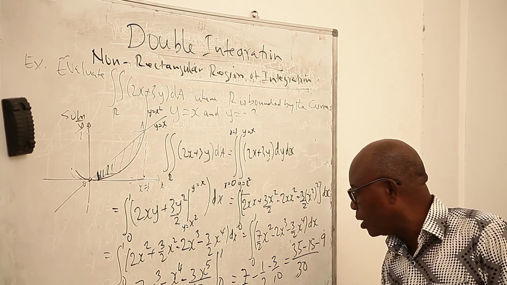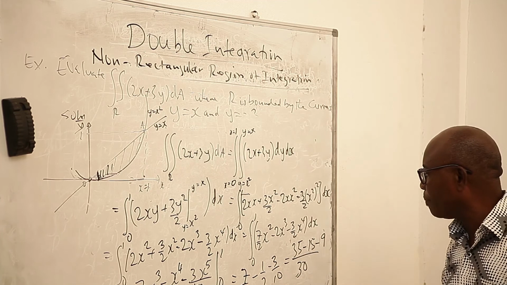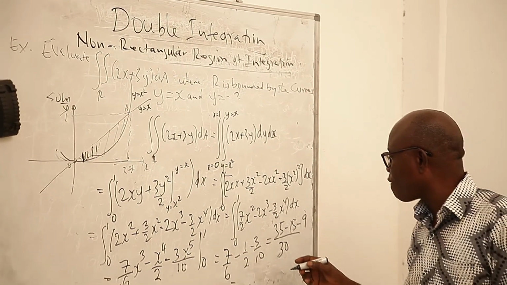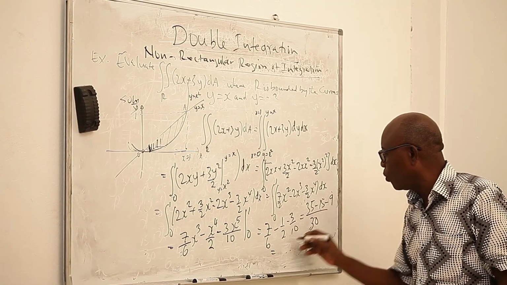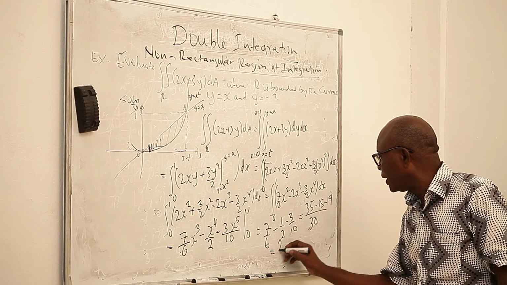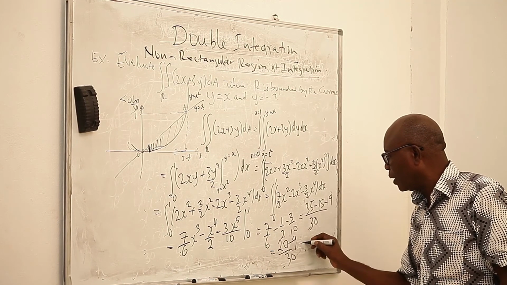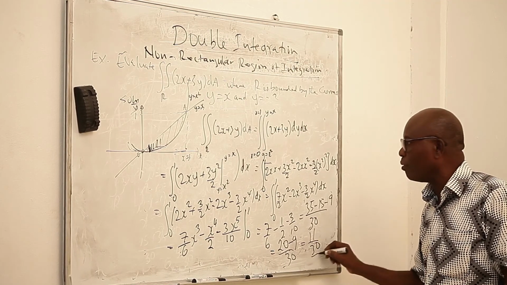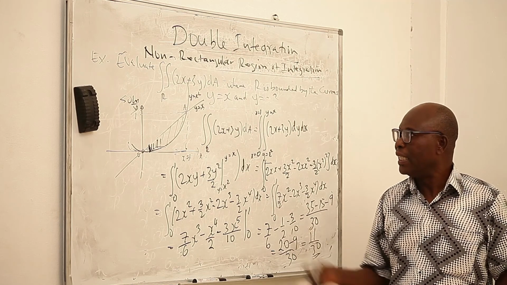And so if you tidy up, we're going to have 35 minus 15 is 20, 20 minus 9 over 30. That will give us 11 over 30. 11 over 30. And so that concludes the integration